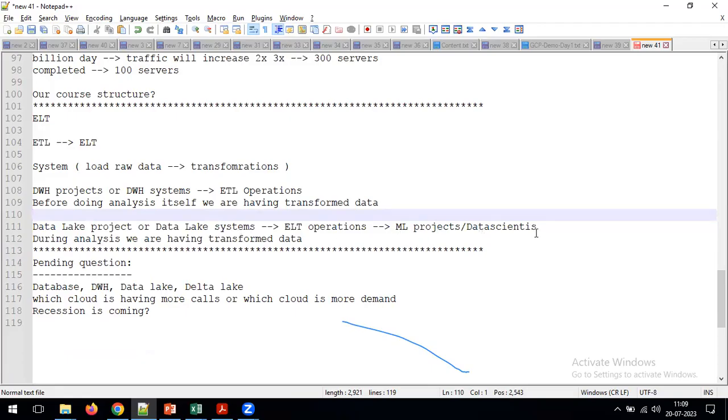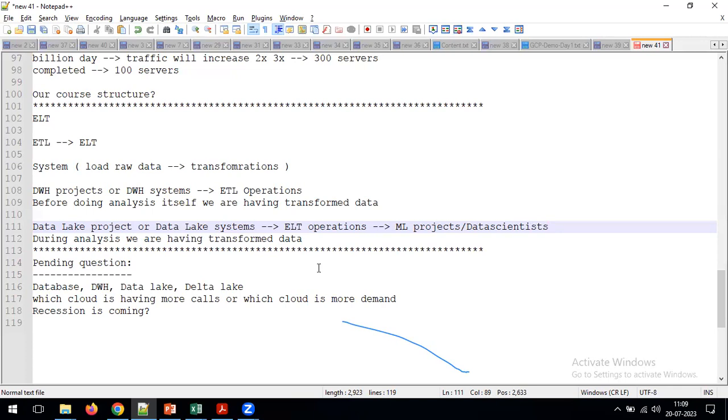In ML projects, we have extract, load, and transform. So the data scientists, I think, perform operations on the extracted data, right? They perform operations on visuals and BI tools. So they perform on extracted data? No, no. See, raw data, actually, visual tools and all those are nothing but reports.